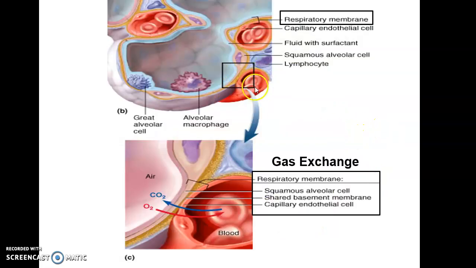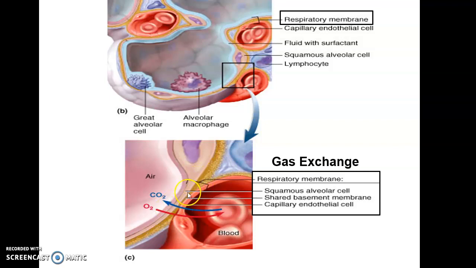Take a close-up look. Here is a pulmonary capillary. Here is the alveolus. We look at where they're connected. We see it's just two thin cell layers thick. So all it is, this respiratory membrane, is the squamous alveolar cell, the squamous endothelial cell, and then the shared